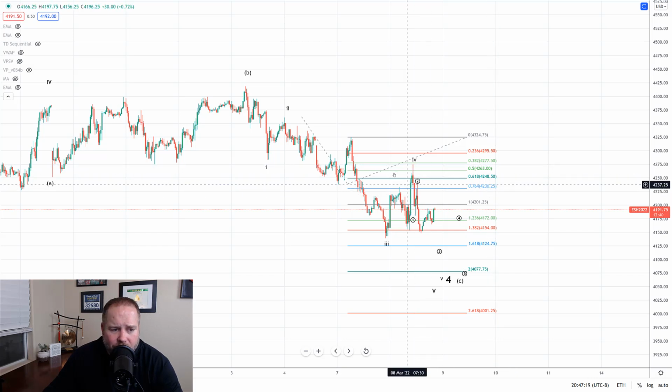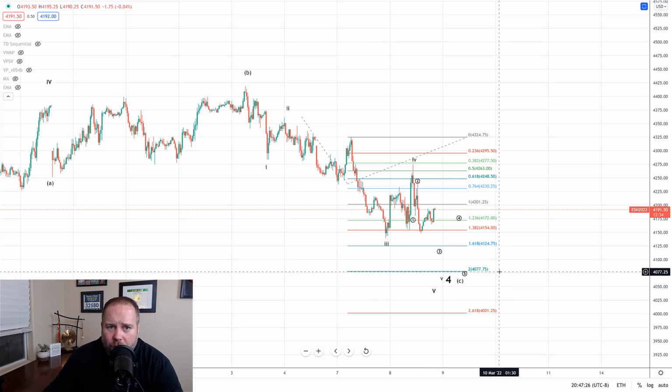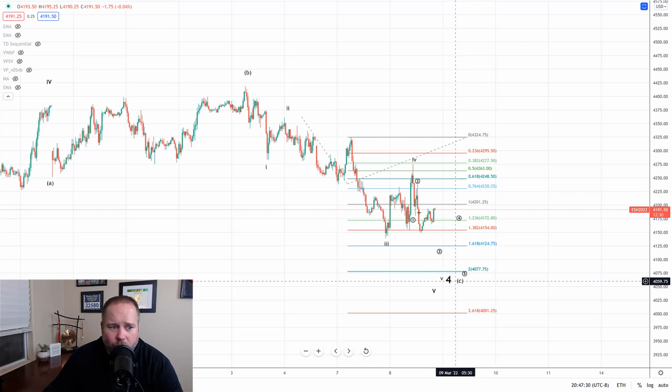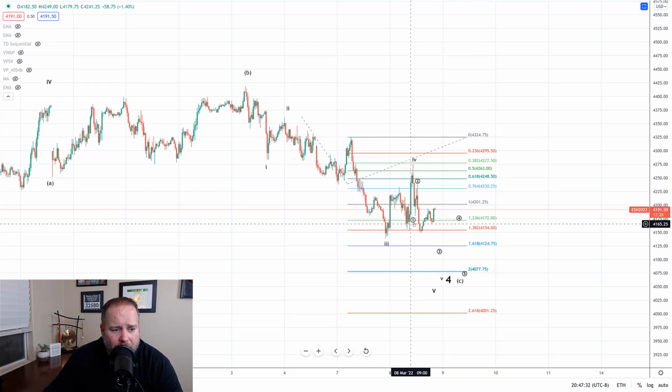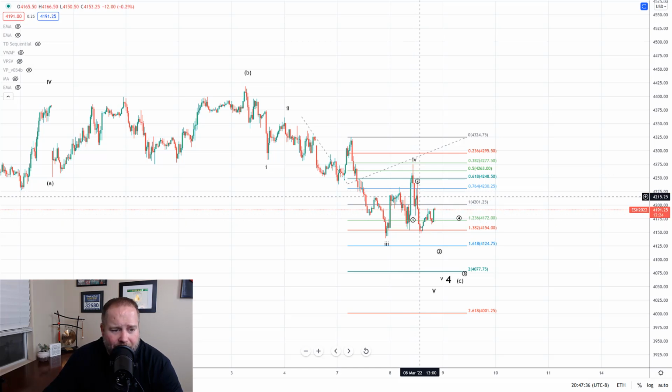Okay, and then we started a structure down that is looking pretty impulsive so far, and I expect it to take us down to the lows and break the lows and give us finally the bottom of this wave 4. So we got a 1, the circle 1 here, and then a 2, and now we're starting on wave 3 down. It gave us all the way down here to the 1382 extension for 3 of 3,